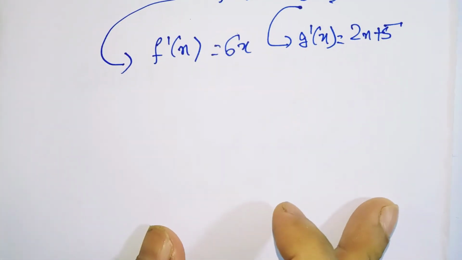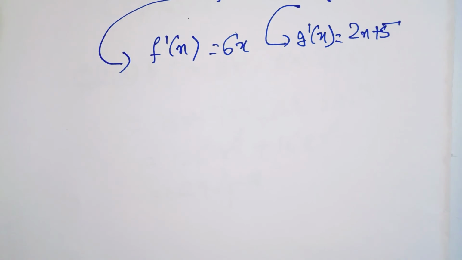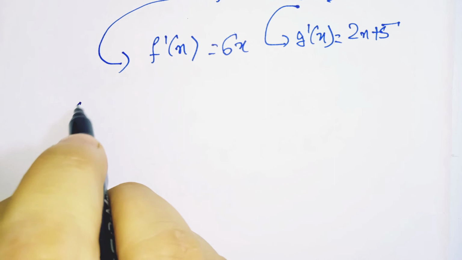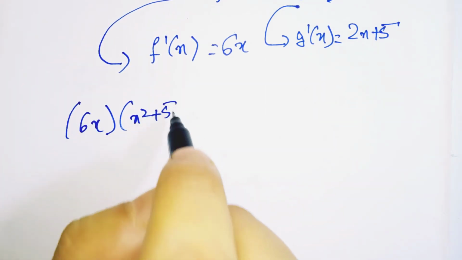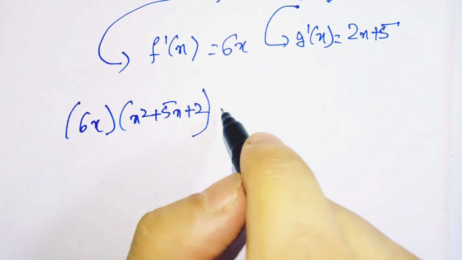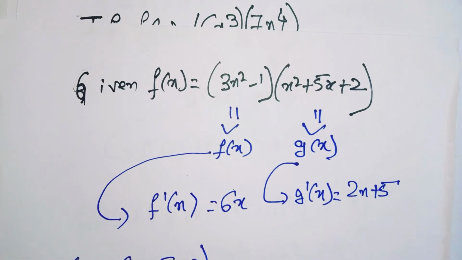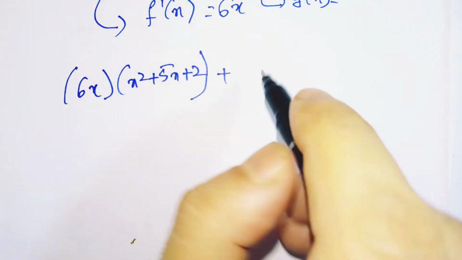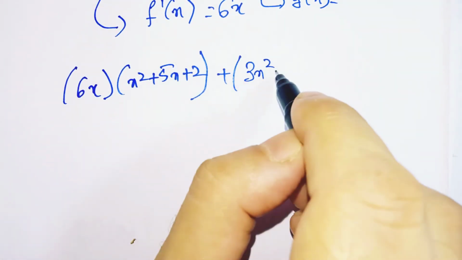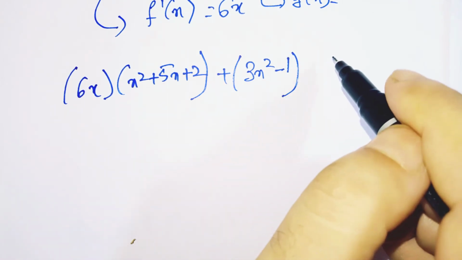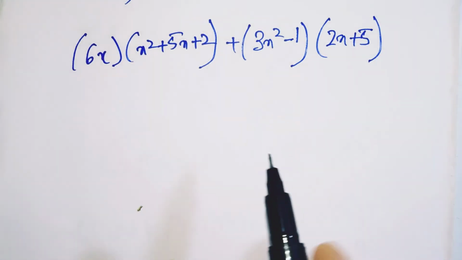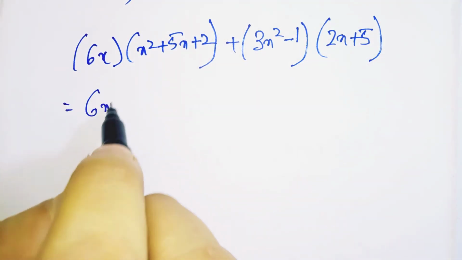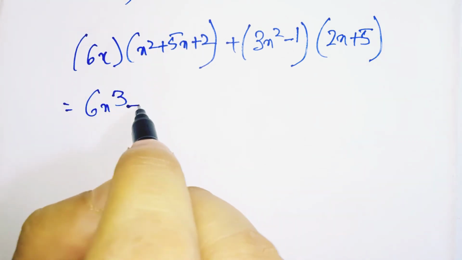So now if we substitute, I'm not writing the formula this time, it eventually leads to 6x times (x² plus 5x plus 2) plus (3x² minus 1) times (2x plus 5). So on further solving, let us expand it, we get 6x³,